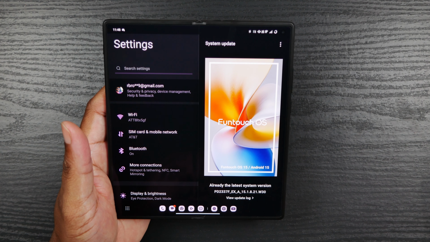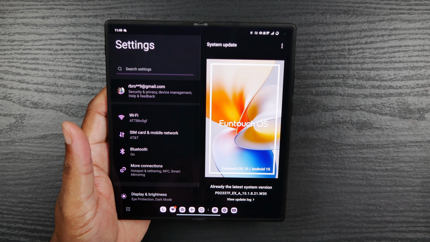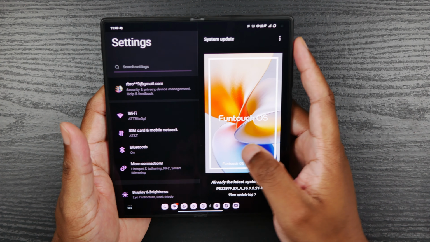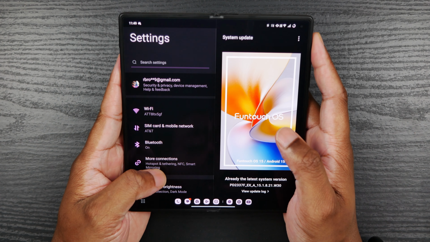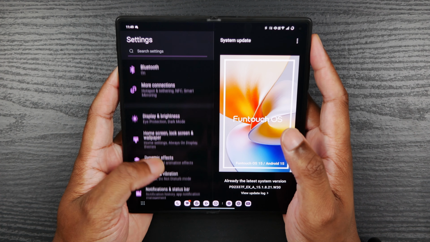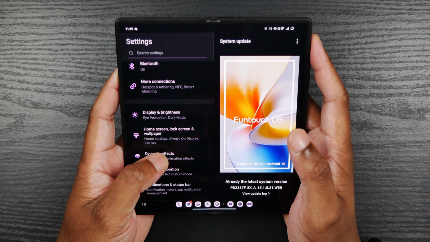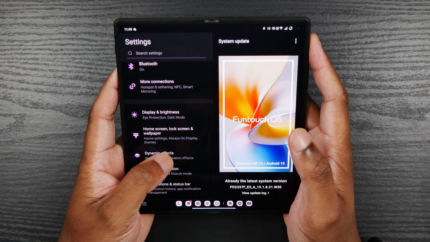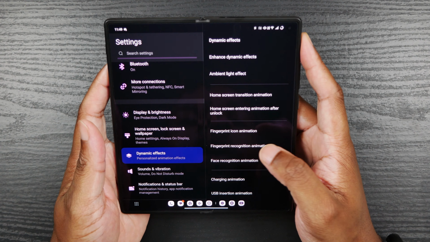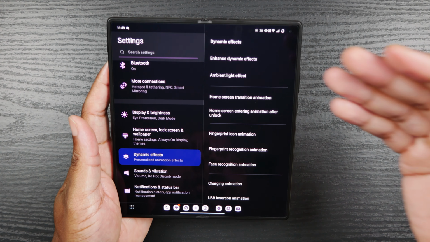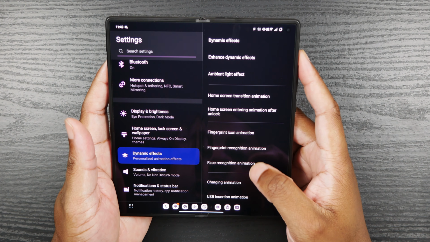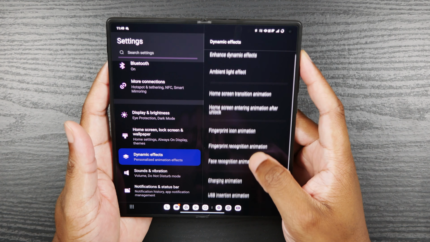What I'm gonna do is just tell you a few things that I like about it, and just point out a few features that I may not like as much about it. So, moving forward, personalization. This could go a few ways, but what I want to do is really just talk about the animations and how you could personalize those. You have a ton of options here. You can go in and do home screen transitions, and you'll see how that